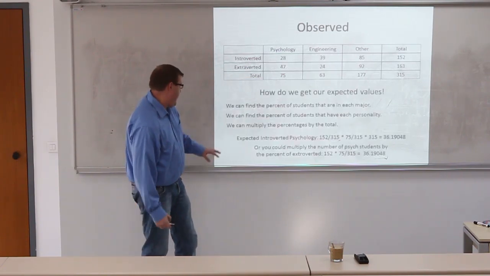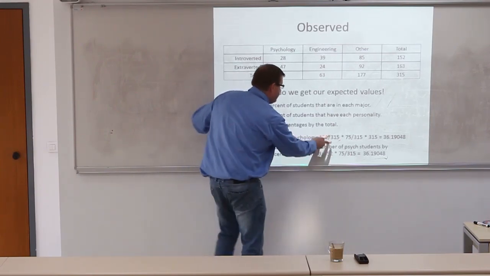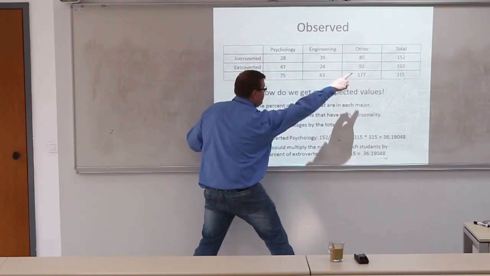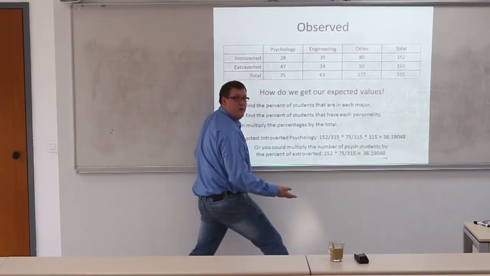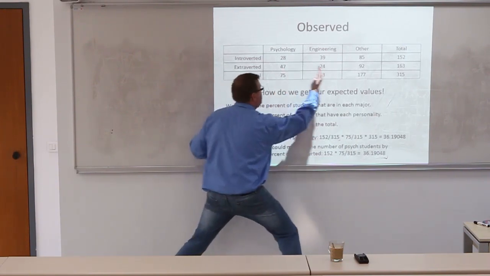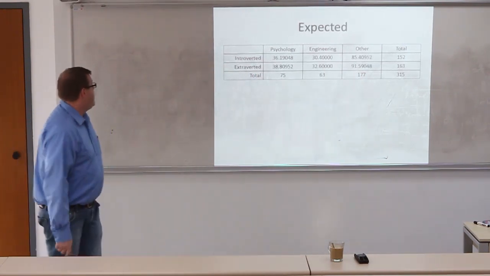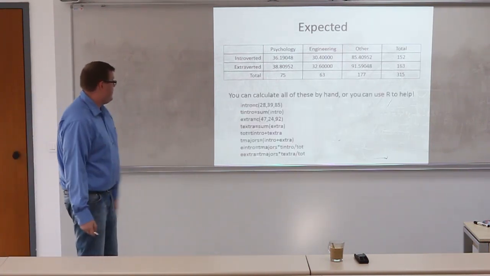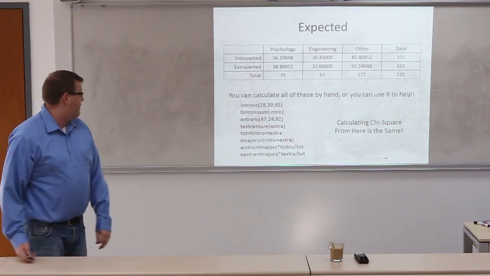So if we go back, that's like I'm doing this. I did, except here, I didn't multiply the number of psychology students, I multiplied the number total. But we remember we can cancel out whichever one that we want. So basically, for each one of these, I multiplied by the probability of getting introverted or extroverted. So I did it for intro, I did it for extra, and then calculating the chi-square from here on out